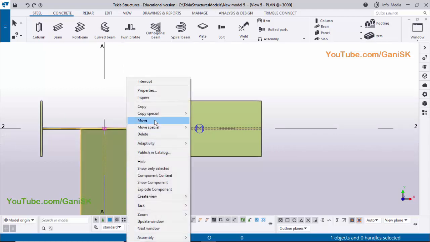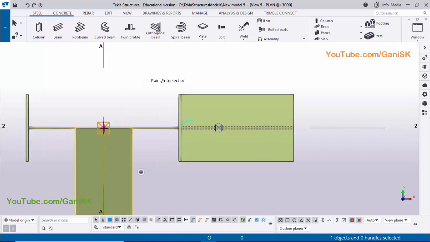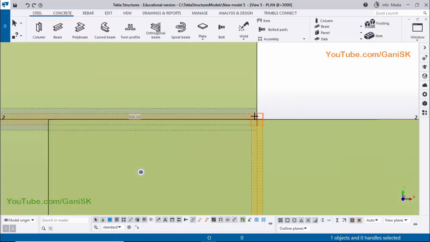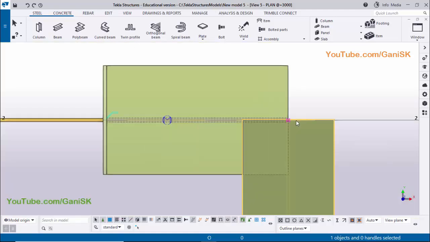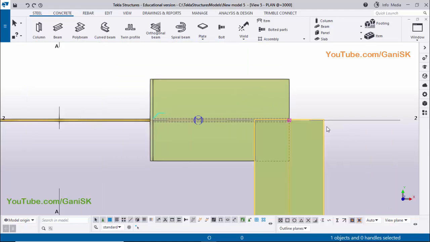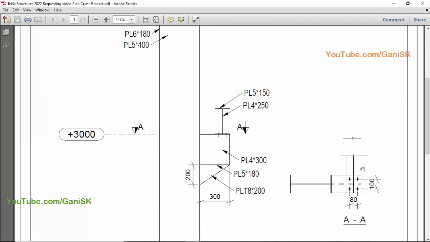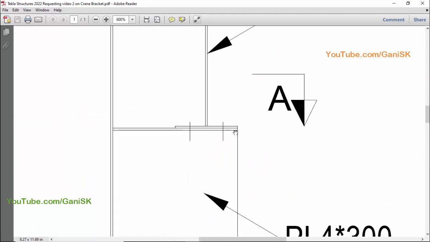Right click on mouse, move and pick the first point here and place, zoom it and place exactly at the middle. You can see now we have beam like this. Now we're going to move inside, so on edge. You can see in our example we have exactly at the edge of this crane bracket, on crane bracket, you can see. So I'm going to move inside,